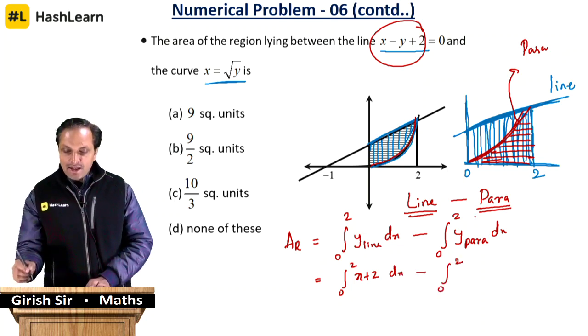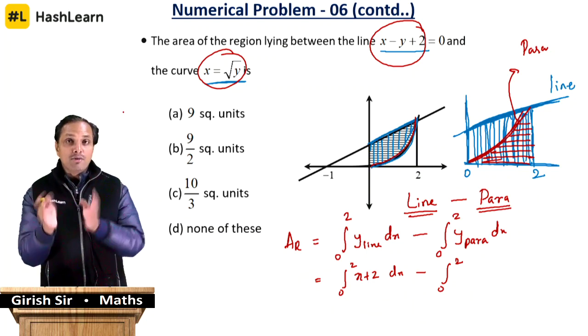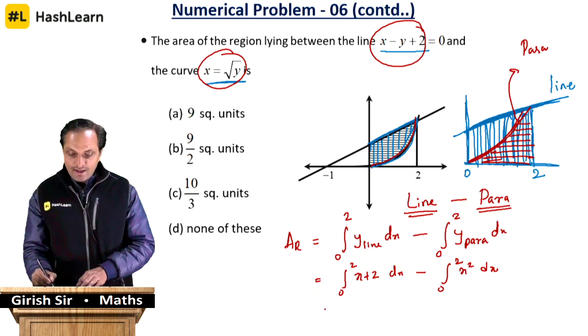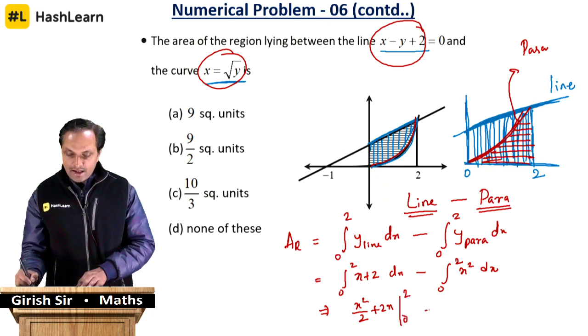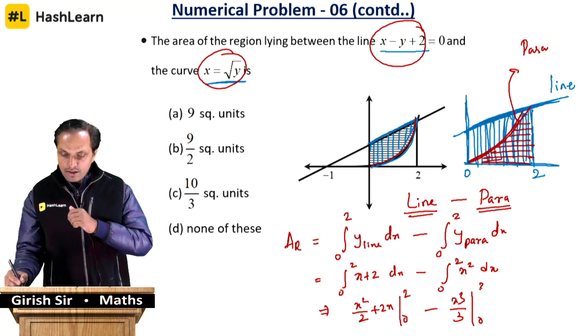ये जो पैराबोला है ना उसका y क्या है? ये पैराबोला है ना उसका y हो गया, स्क्वायर कर दो, y will be x square dx. इसको हमें इंटीग्रेट करना है. x square by 2 plus 2x, अपर लिमिट और लोअर लिमिट डालना है। ये है x cube by 3 upper limit और lower limit,